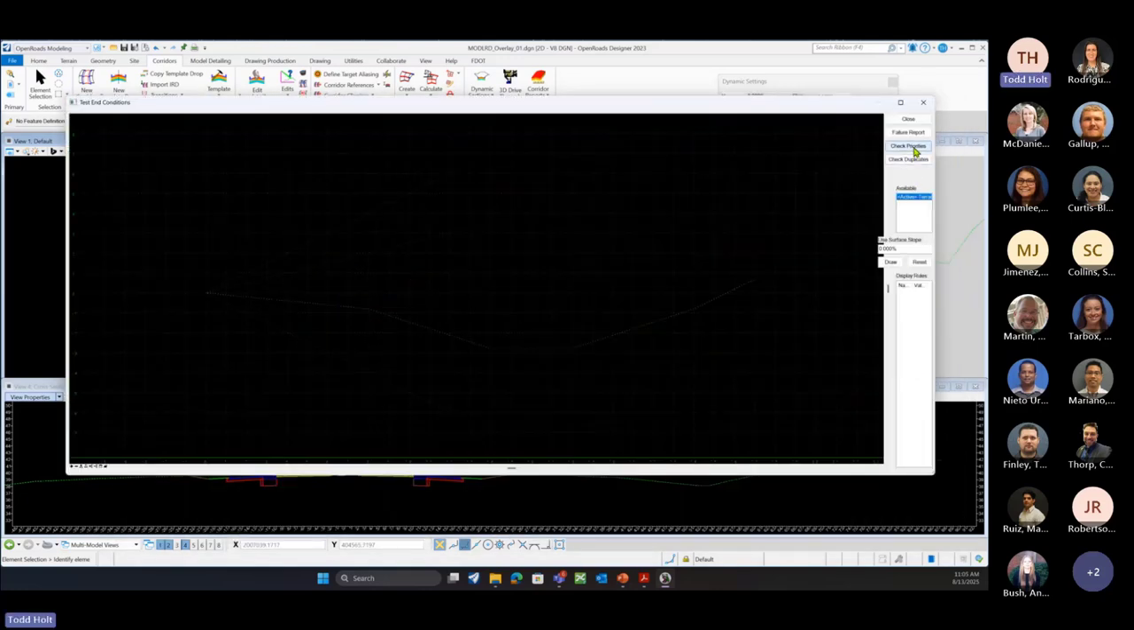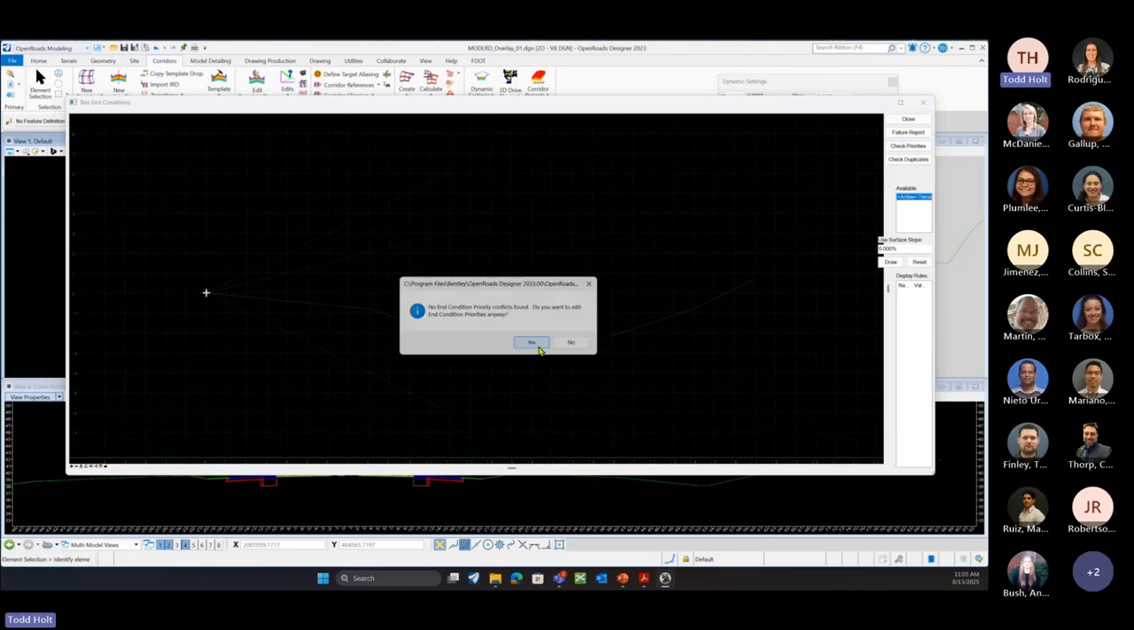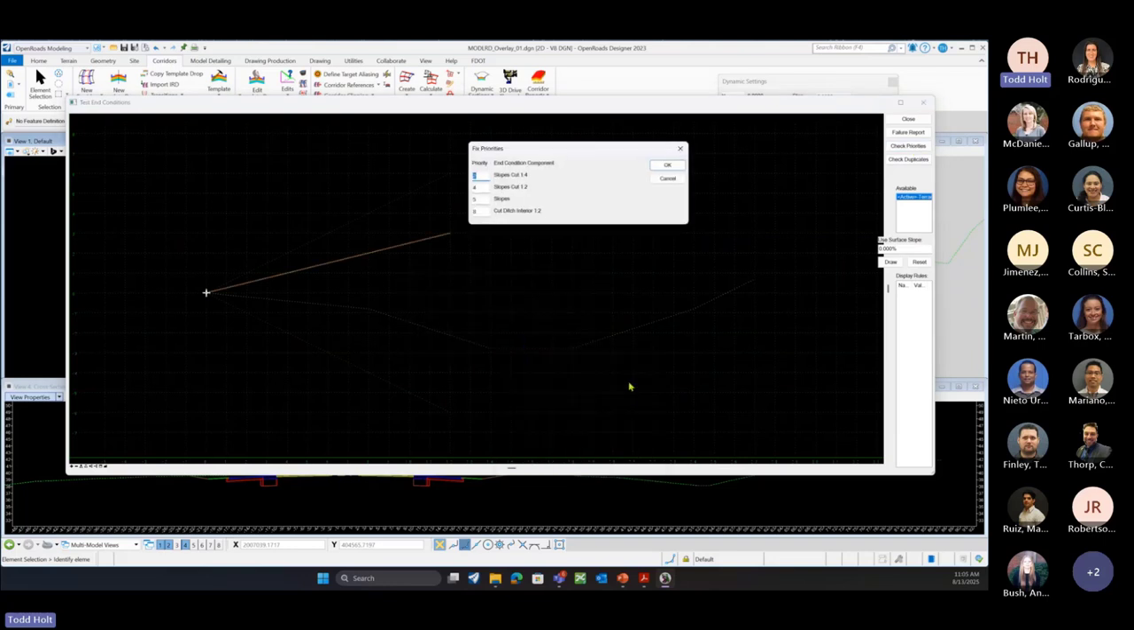So we can test and check priorities. We don't have a conflict, but we want to check on there. So there's our ditch. Maybe that's our first solution. And then if I can't do the ditch, to where that's one,